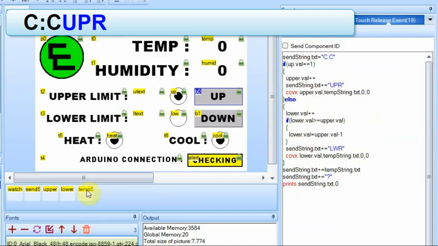And I have this other variable down here called temp string. So I have my send string, which is what I'm going to send to the ESP. And I have my temp string, which is where I can store variables as I change them back and forth. So we're going to turn the upper value into a string in tempstring.txt. And then out here,